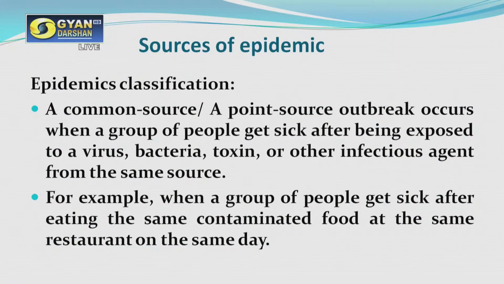It can be a party or some event where everybody was together, and they had taken the food at the same time, and after a certain duration they started having the symptoms. So there is a similarity in the nature of the epidemic among a group of persons who have taken the contaminated food, or contaminated water also. That can lead to the occurrence of the disease in more than the normal expectancy, and history shows that